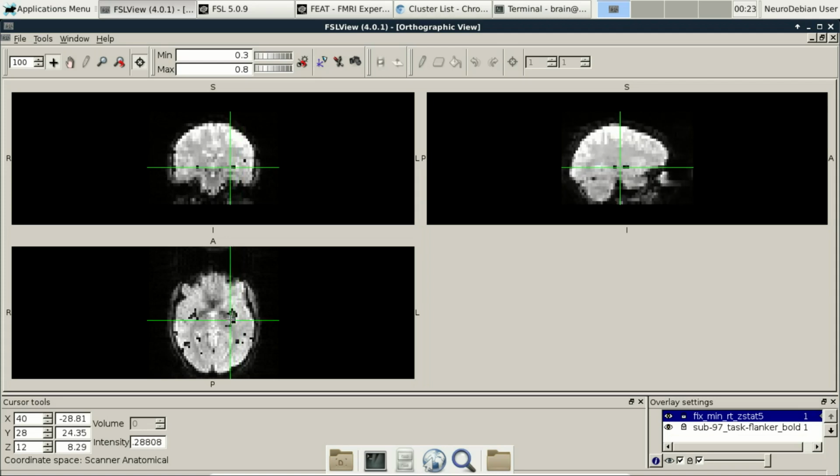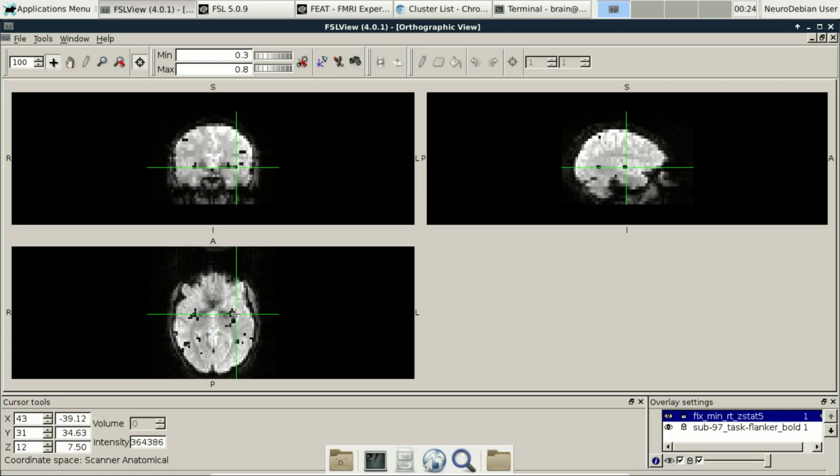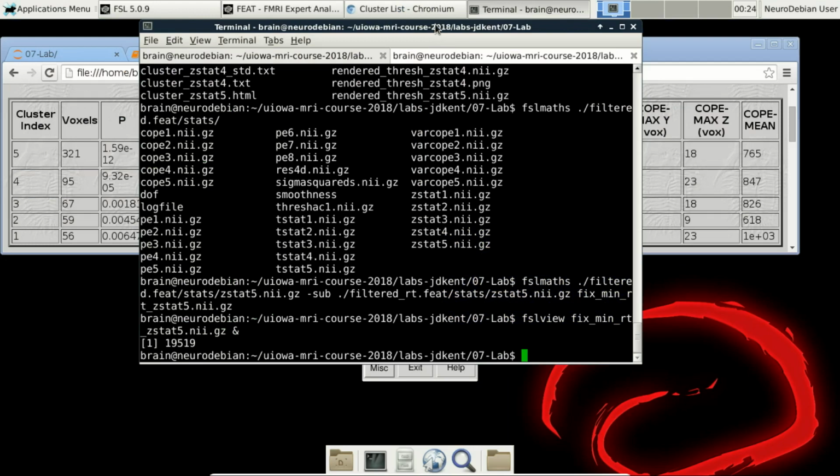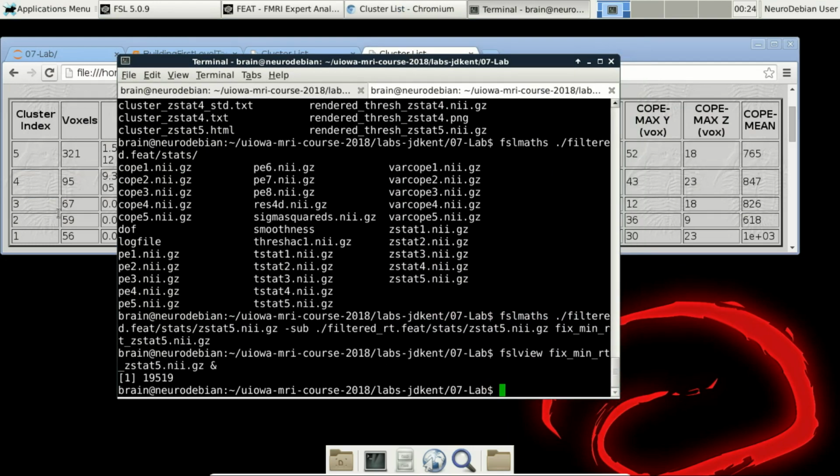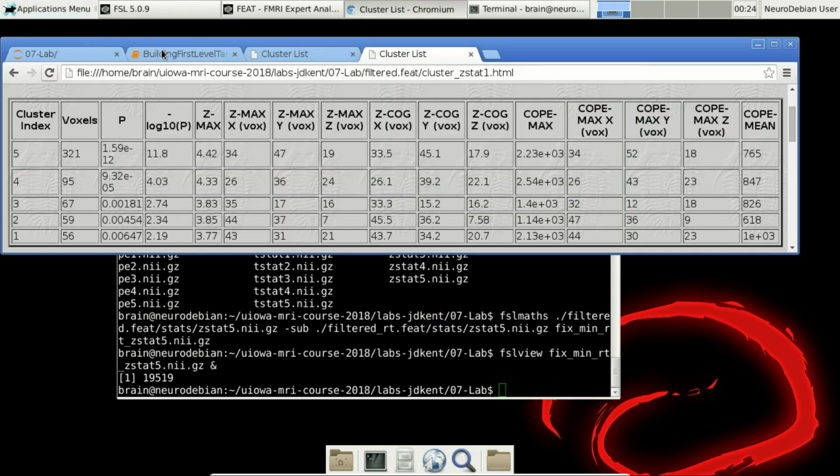So yeah, this almost looks to be a bit in the lower part of the insula. So yeah, again, I won't talk about everything that's between the two, but those are just some things that you can look for. So now we'll move on to the next part